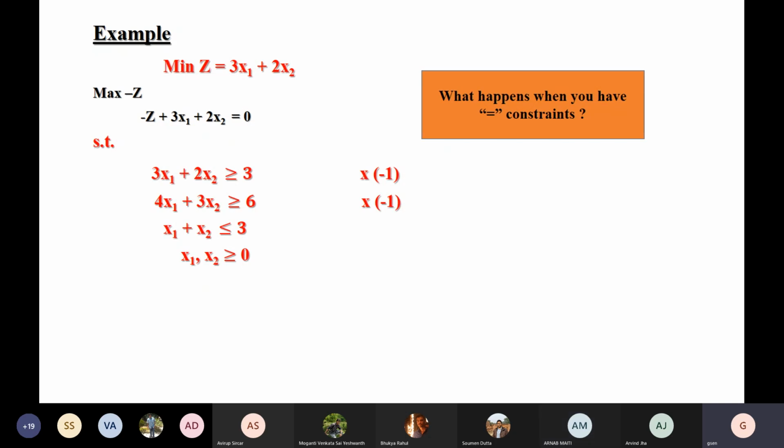Sir? Yes, tell me. The minimum value will be 4 actually, and I can tell the method also. So, one second. As you showed, in the first two equations we multiply by -1, and then we keep three slack variables x3, x4, x5,